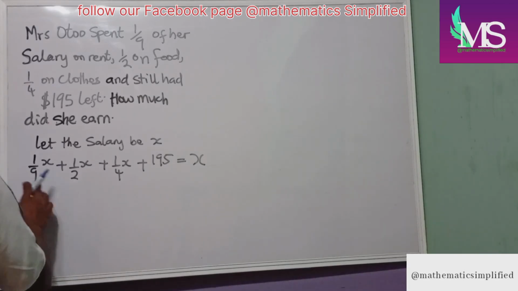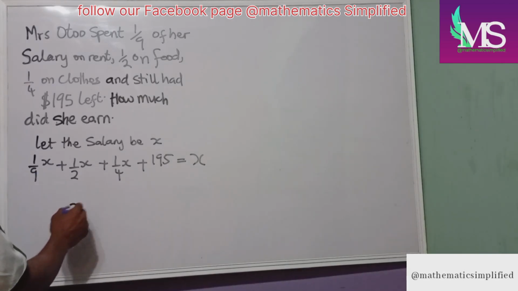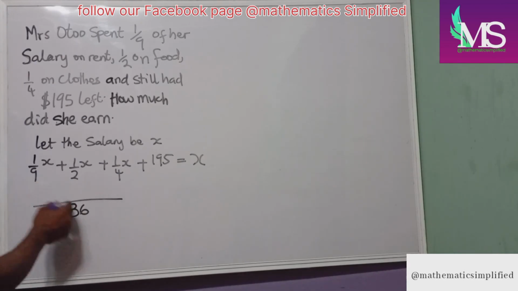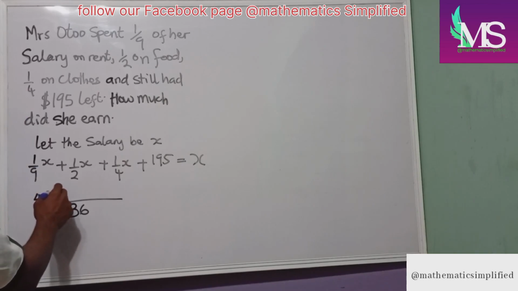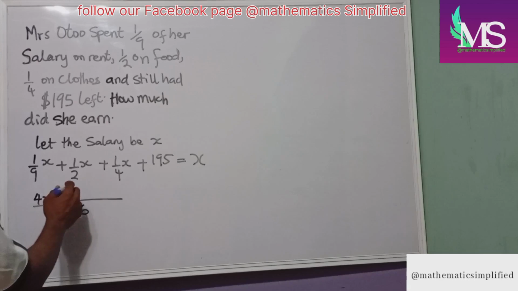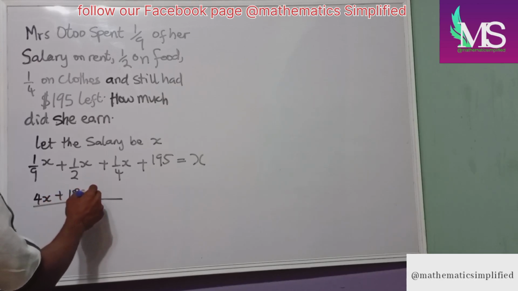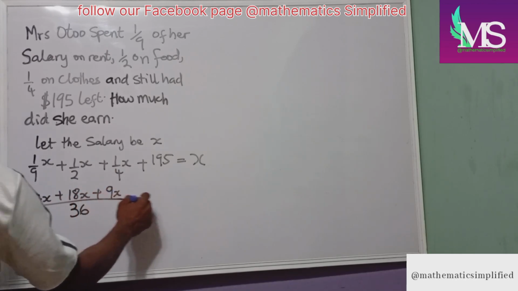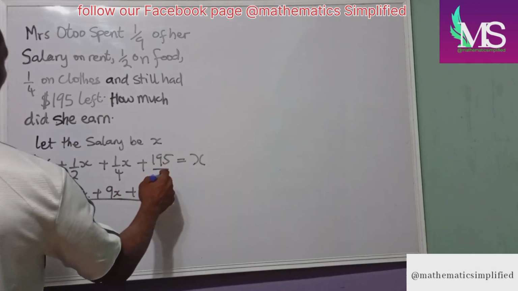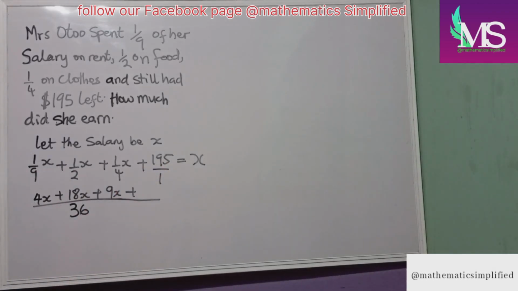LCM of this will be 9 times 4, which gives us 36. 9 into 36 is 4, 4 times X gives us 4X, plus 2 into 36, 18, 18X, plus 4 into 36, 9, 9X, plus this is over 1, 36 times 195 will give us